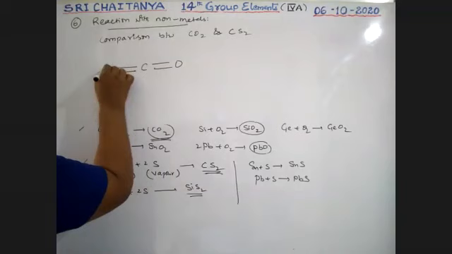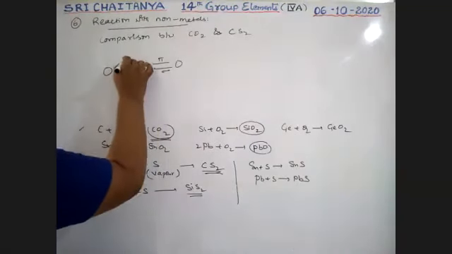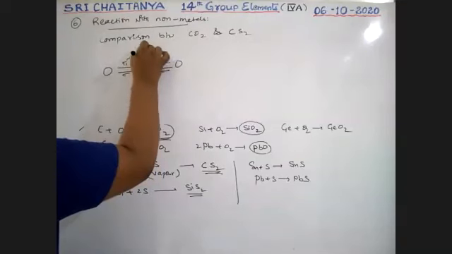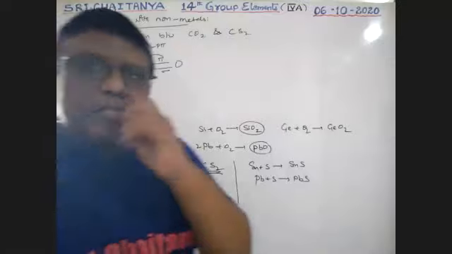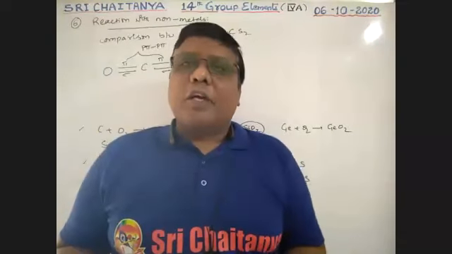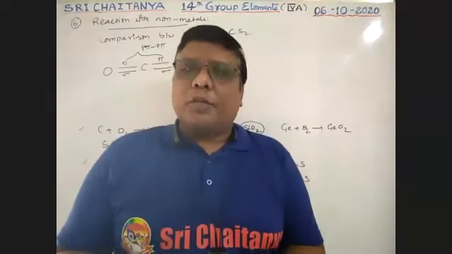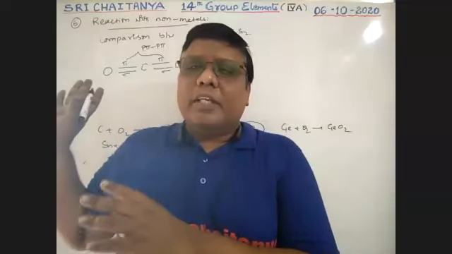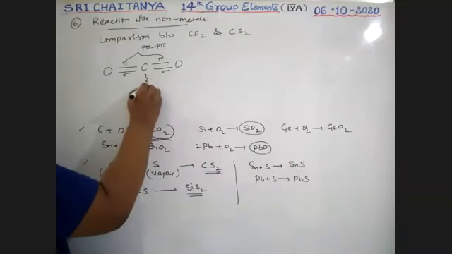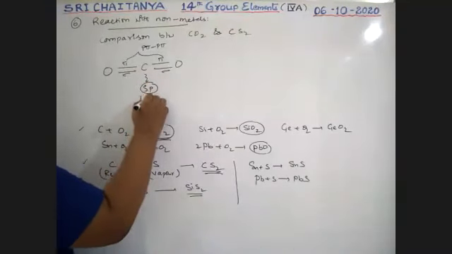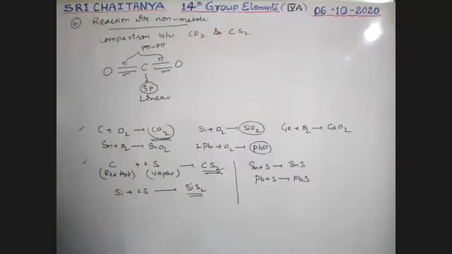With two oxygens, there is a sigma bond and a pi bond on each side. These two pi bonds are p pi bonds, boys. Carbon is a small sized atom, and because of its small size, p pi overlapping is possible. That is why in CO2, carbon gives two p pi bonds. Here the carbon is in sp hybridization, linear shape.